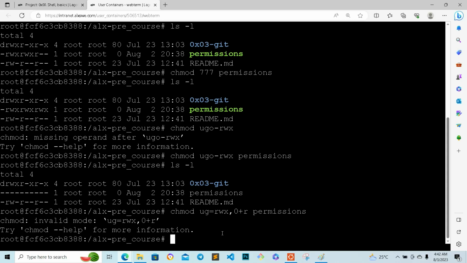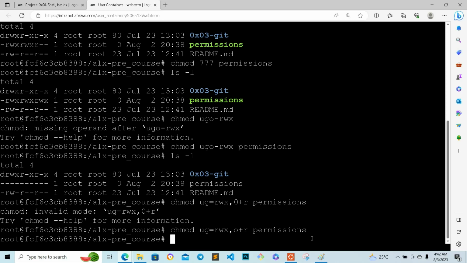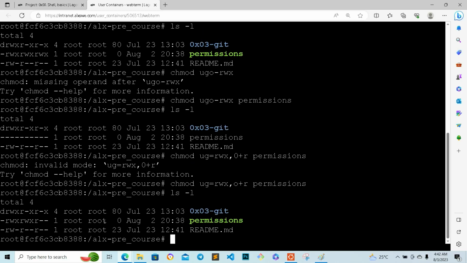Instead of using 0, sorry, so this is where the error is coming from. Yep, so instead of using 0, I use the one which is for others. So enter. So ls -l. Okay, so now you see that we've given others only the read permission, and the rest we give them read,